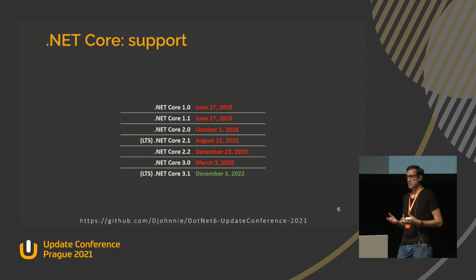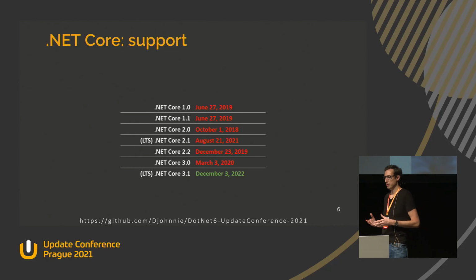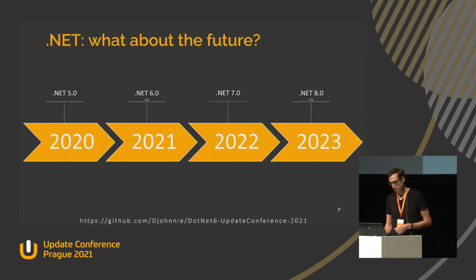You are just using a version that is officially not supported. Well, why is Microsoft doing that? Because .NET 5 and .NET 6 are basically just .NET Core. They are new versions of .NET Core, but they just changed the name from .NET Core to .NET. So it should be very easy for you to upgrade your .NET Core applications to .NET 5 or .NET 6 and so on. There shouldn't be too many compiler errors there, so it should be relatively easy.